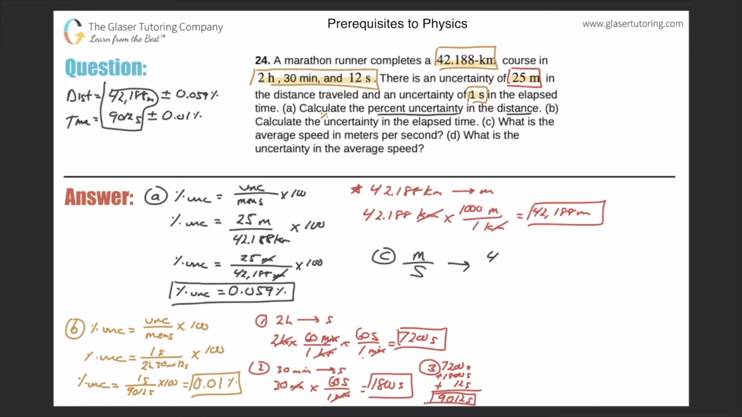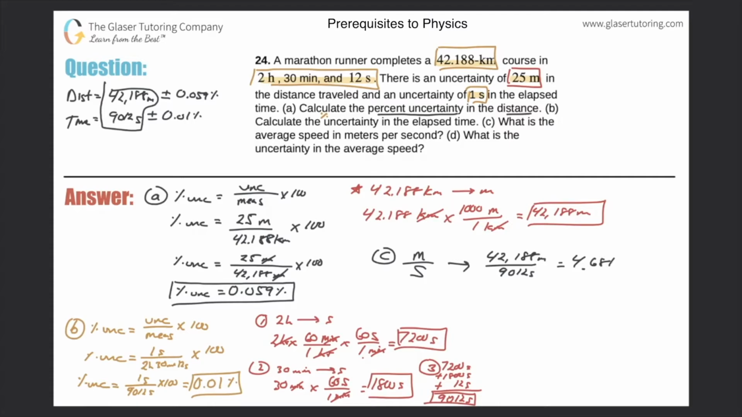So we have 42,188 meters, and then plug in the second value, which was 9,012 seconds, and now calculate the meters per second. Okay, so let's do that. So we have 42,188 divided by 9,012. So we get a value of approximately